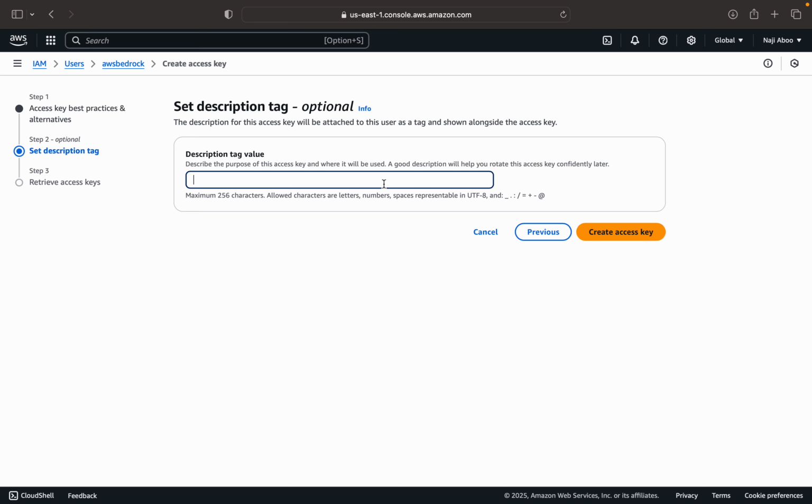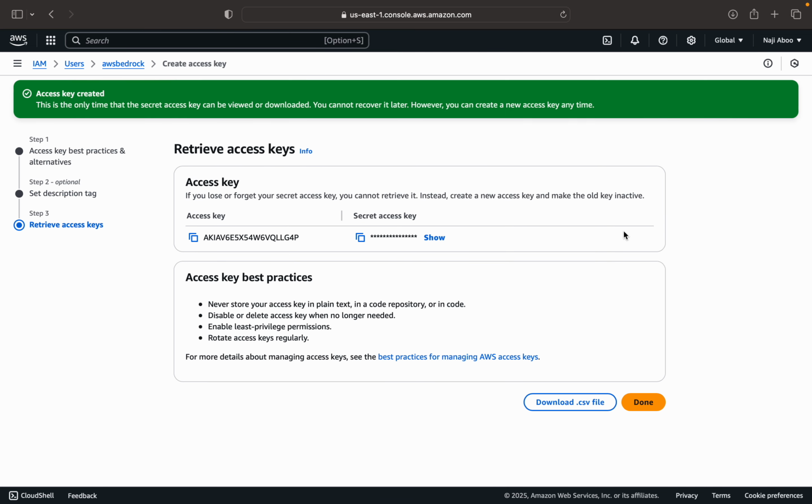Okay, so I can say maybe Llama for test, then create access. Okay, so this is my access key and this is my secret key. Ideally this should be secure. As soon as this video is completed, I will be deleting this access key and the secret key. In your case, this must be secure and you have to keep this in an environment variable or the